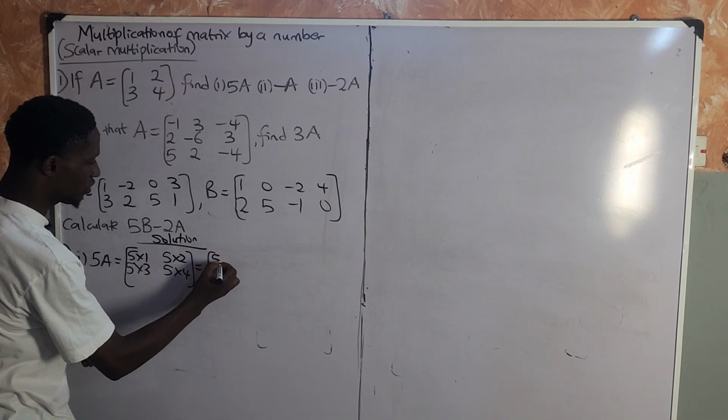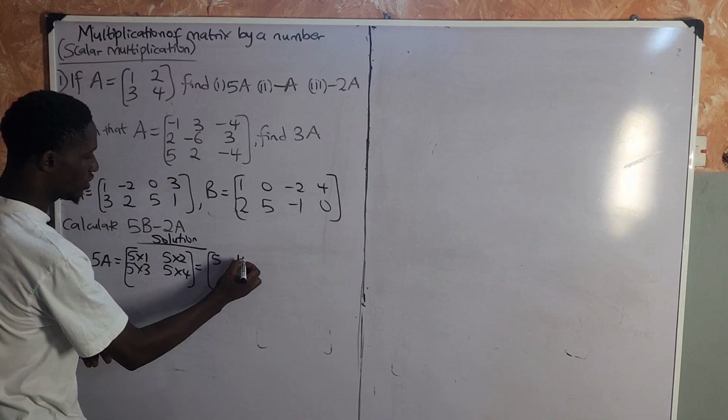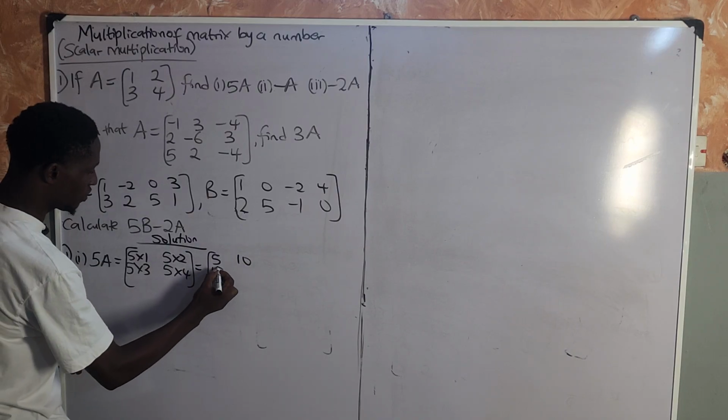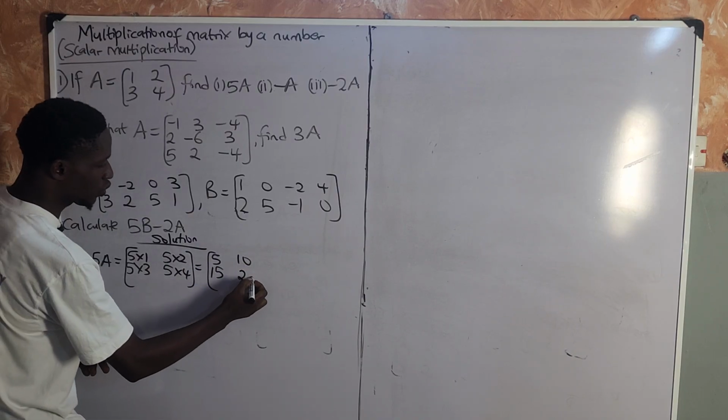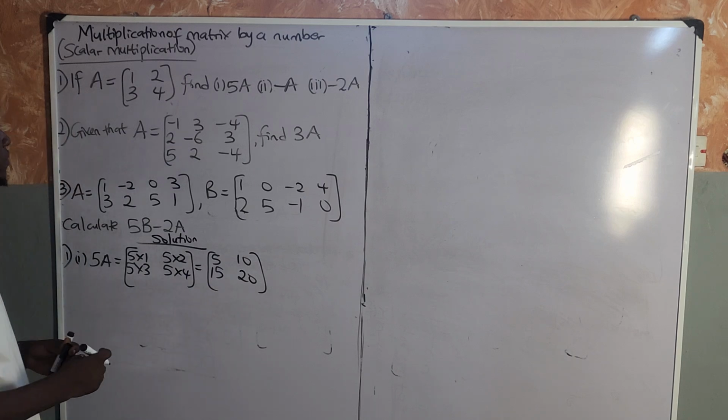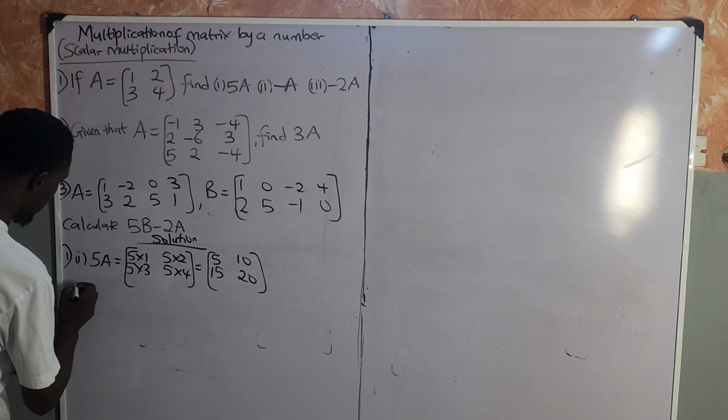5 times 1 is 5. 5 times 2 is 10. 5 times 3 is 15. 5 times 4 is 20. And that is the answer. Then the second question we have